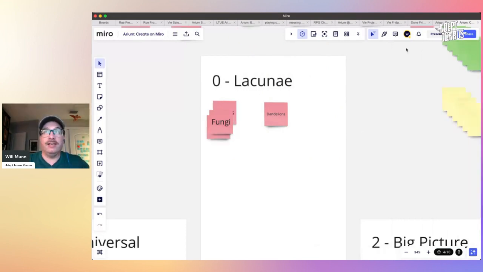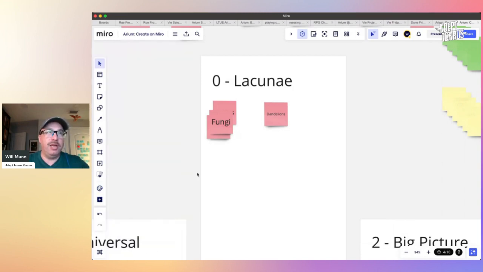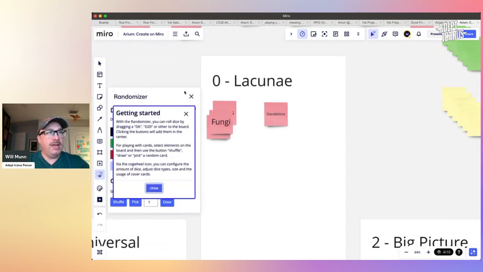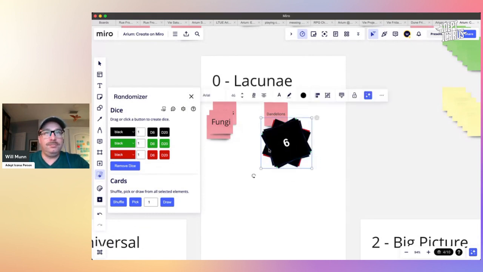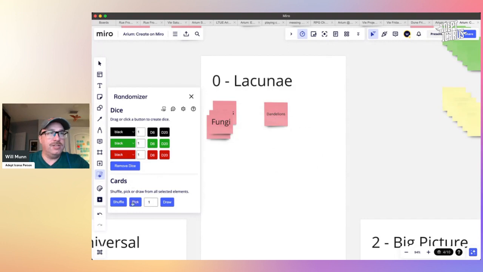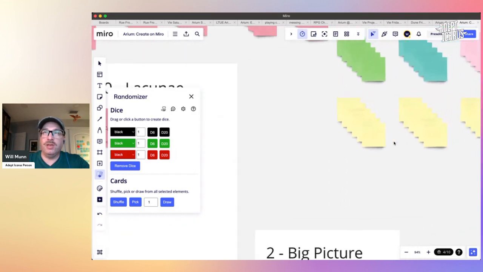One other thing I'd like to show just for fun is there are a lot of things in more apps here that are only available in the paid version, I think, and one of them is this randomizer app, which I went digging to find, which is kind of cool. It lets you do things like roll a d6 on the screen, and it lets you, if you have a bunch of cards, and I'll use sticky notes in place of cards,